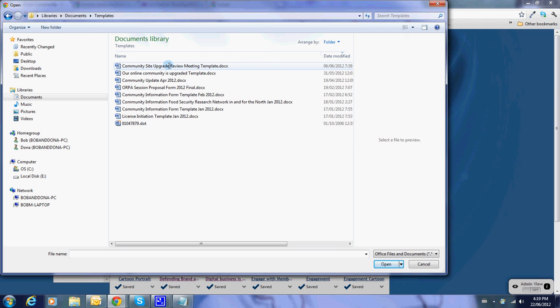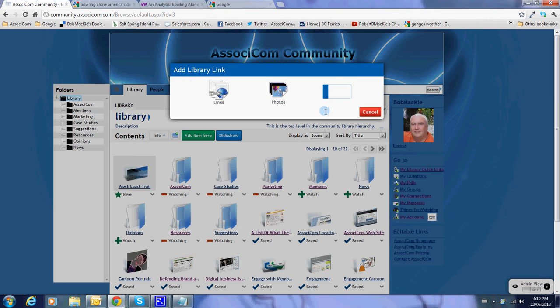And here we go. This is an upgrade template that we use. It's going to go in, and this is as easy as it gets. It'll take a moment. You can watch the bar as it uploads that into the library, and then it'll come up with the description. If it's a PDF document, whatever kind of document you want, it'll load it up and